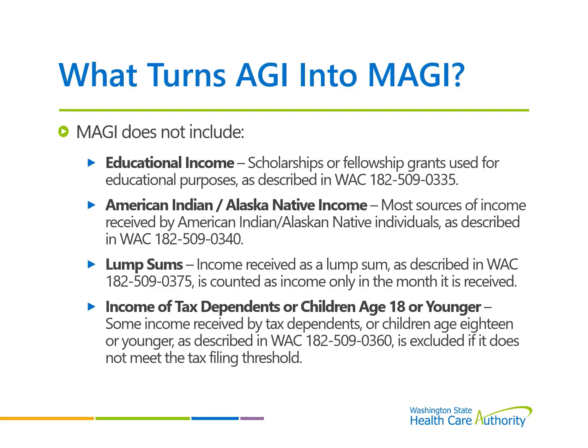What else turns AGI into MAGI? MAGI does not include educational income, which is scholarships or fellowship grants used for educational purposes, as described in Washington Administrative Code, or WAC 182-509-0335. It also does not include American Indian or Alaskan Native income, which is most sources of income received by American Indian or Alaskan Native individuals, as described in WAC